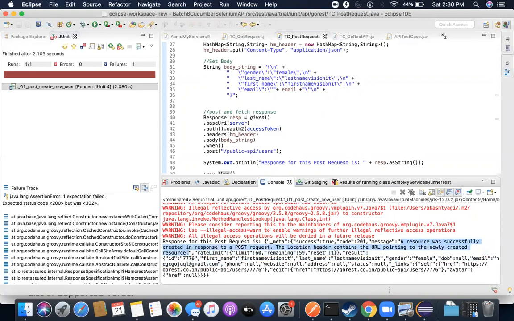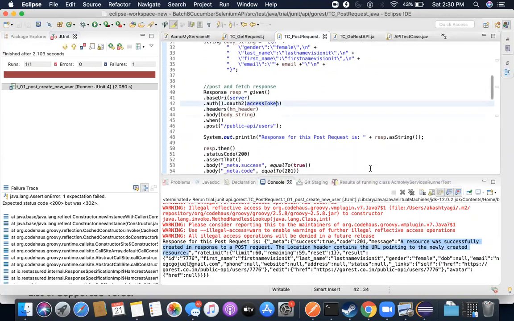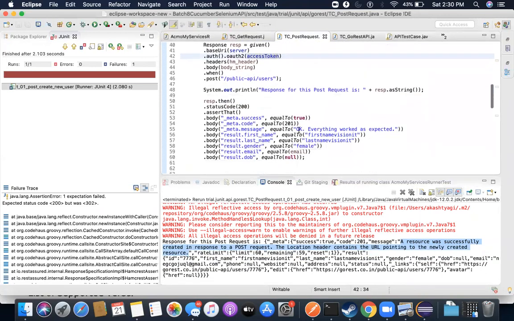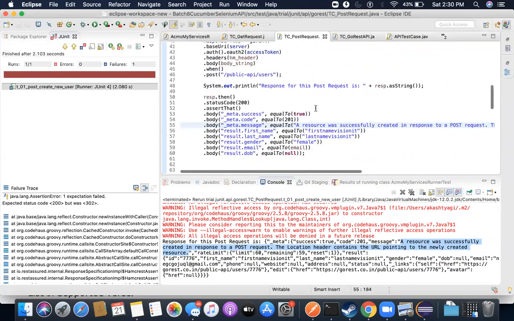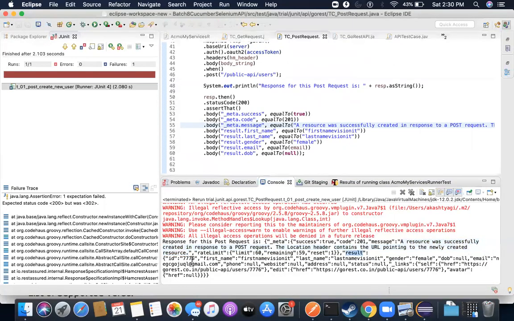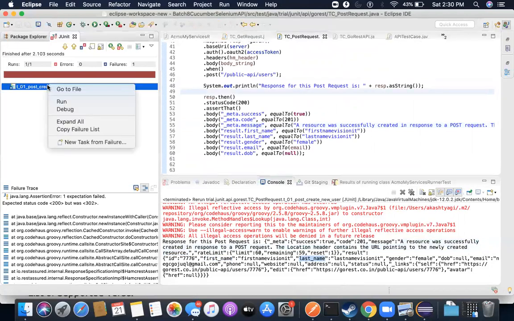So I'll copy this and paste it here. Okay. Then in the body part, which is result dot first name dot last name, everything will remain the same. So now if I go and run this,